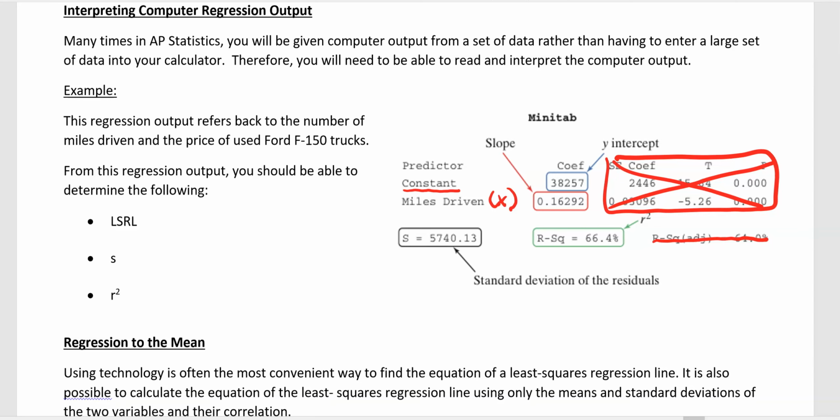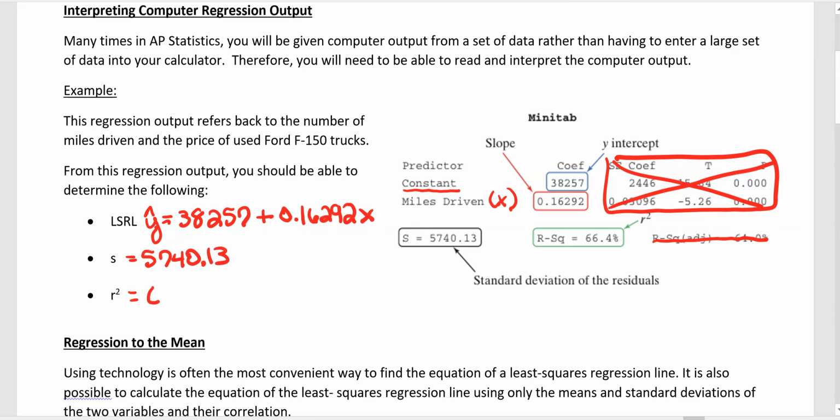All right, so in this situation, our LSRL would be y hat equals, and first is our constant, our y-intercept, 38,257, plus our slope, which is 0.16292, and then you've got to put your x in there. If this data looks familiar, like I said, this is the info from when we did that Ford F-150 example in the first one. Then our standard deviation of our residuals is 5,740.13,